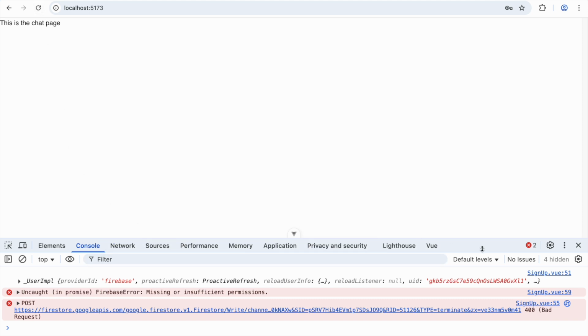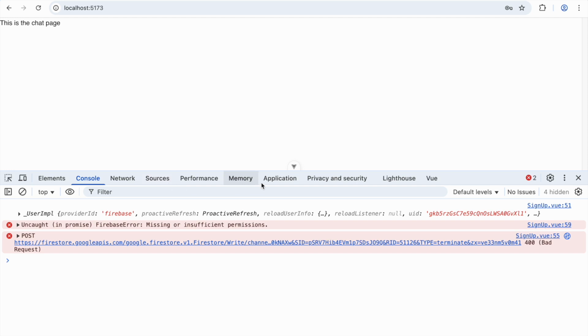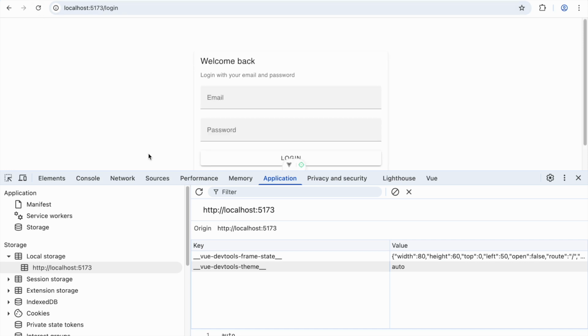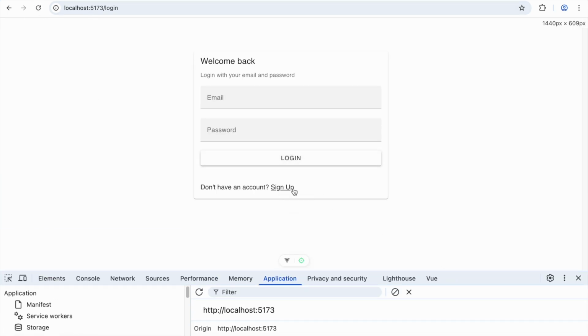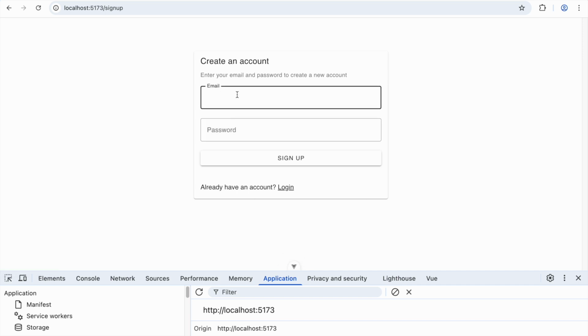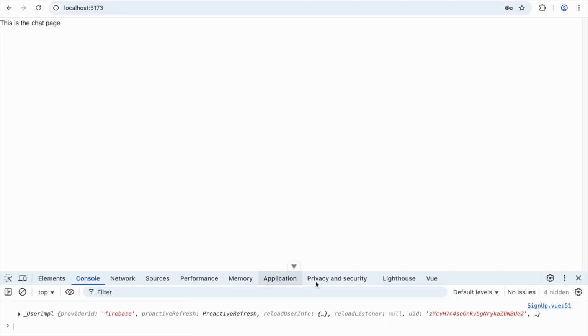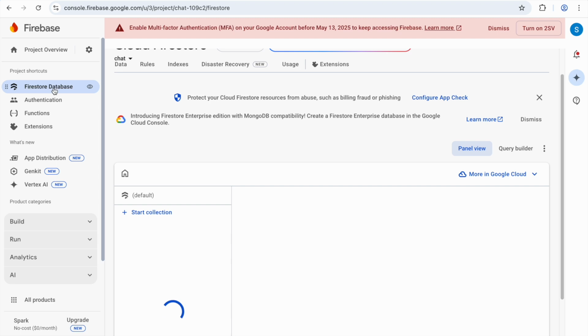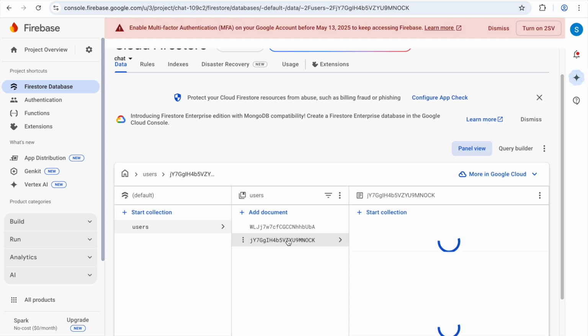So coming back to my app, I'll again have to delete the user key from the local storage in order to log me out. And then I refresh. It gets me to the login page again, and I sign up again, this time with a new user. And yeah, I am signed up. And did it work? Let us check in the Firestore database. So I go to my users collection, there's another document created, and yeah, it did work, but the full name